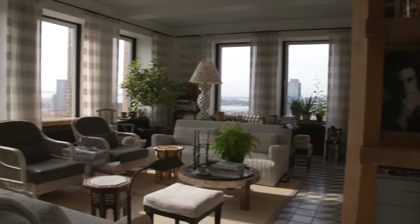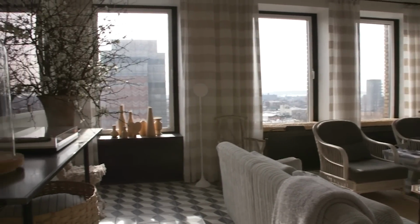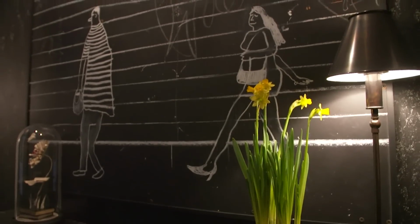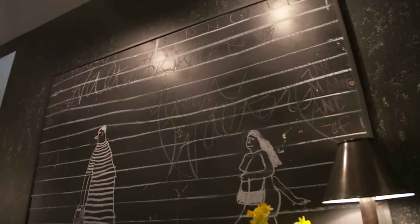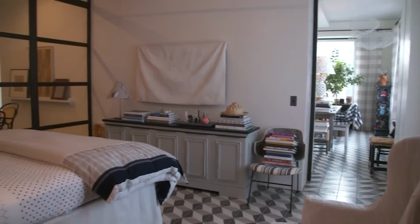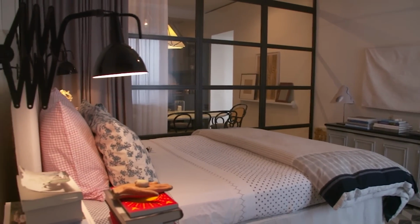This apartment is, you know, it's really the result of a lot of collaboration. There's another group also that I had a wonderful experience with, which is the architecture firm that I worked with, who is called Made. And they're here in Brooklyn. And the combination of Jane and Made was a truly magical